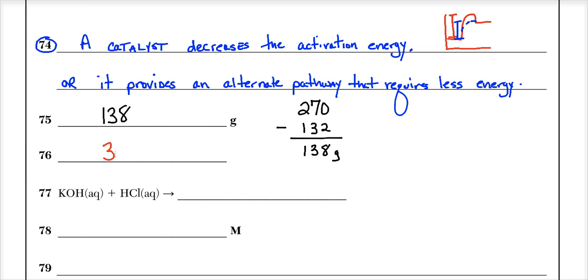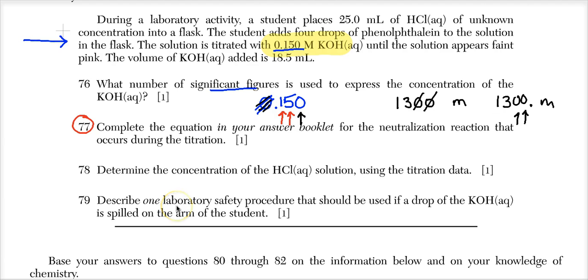Number 77. Complete the equation in your answer booklet for the neutralization reaction. Okay, we should remember that a neutralization reaction is an acid and a base, makes salt and water. Remember the demonstration that I talked about? Had the strong acid, the strong base, I stirred it and I drank it. I was drinking salt water. That occurs during the titration. So you have a titration going on here, but they said complete the equation in your answer booklet, so let's